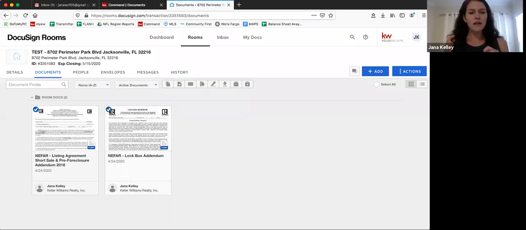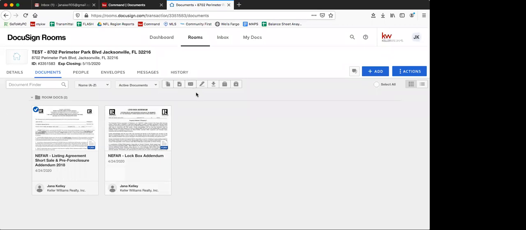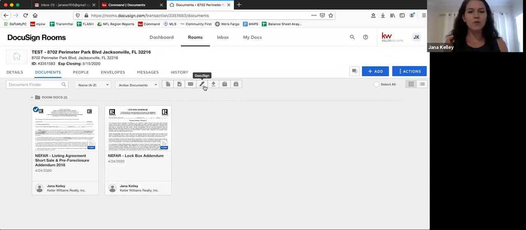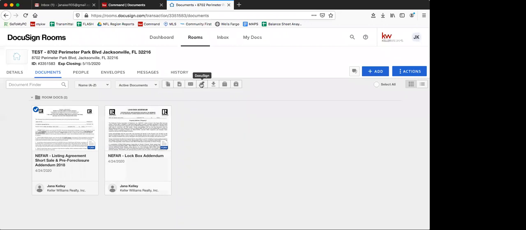You can click and it grabs that specific document, but right now I'm just going to be sending this agreement over. Once I click this button, you notice that a few icons popped up. I can copy it, I can move it, I can email it. But right now, if you look at this icon,